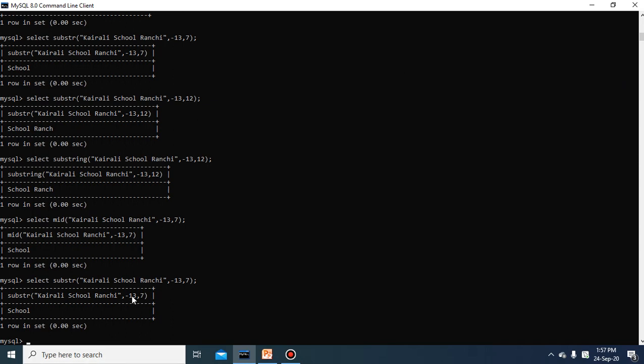When a negative number is given, it will count from the right side. The third argument will be the total number of characters. This you have to remember. If you want to use this function on table data, that can also be done.